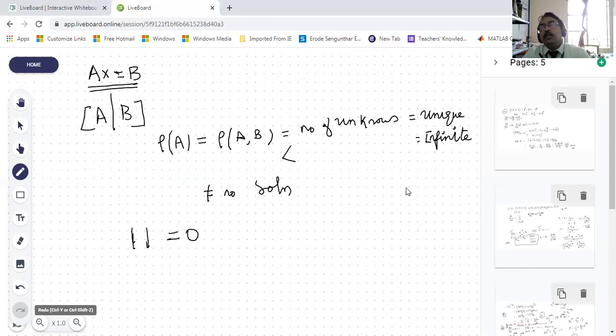The answers will be given, but for the descriptive part, you have to work. So be thorough with your fundamentals of probability, differential equations, vectors, and these things. Very, very fundamental. If you learn some formulas by heart and do some calculations, you are very sure to get more marks. So thank you very much. We shall see in the next class separately for all these.